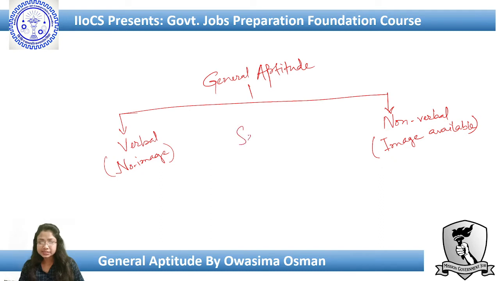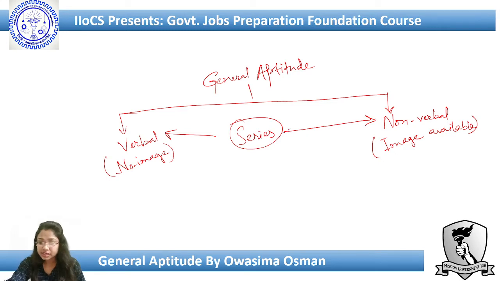And series is such a chapter which belongs to both parts. There is also verbal series and there is also non-verbal series. In a verbal series question there will be no image, and in a non-verbal series there will be images, or a series of images, and you have to solve the question. Okay,